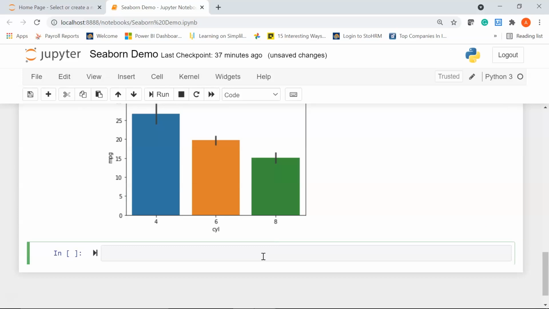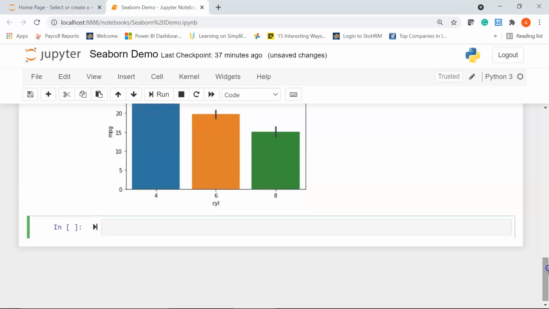Now Python Seaborn allows users to assign colors to the bars. So the bar chart that we are going to create will convert all the bars to a particular color. For that I am going to use the color argument. So I'll say res equal to sns dot my function, that is barplot. I'll say x equal to cyl. My y-axis will have mpg, and then I'll say data is mtcars, give a comma, and my final attribute